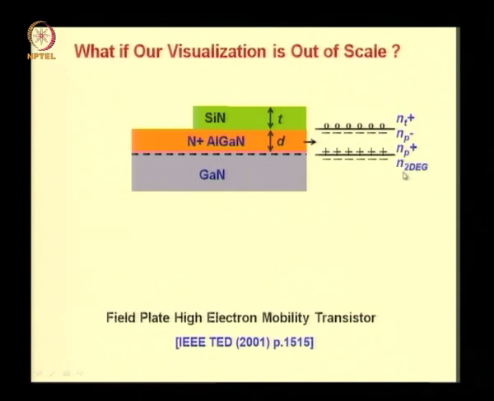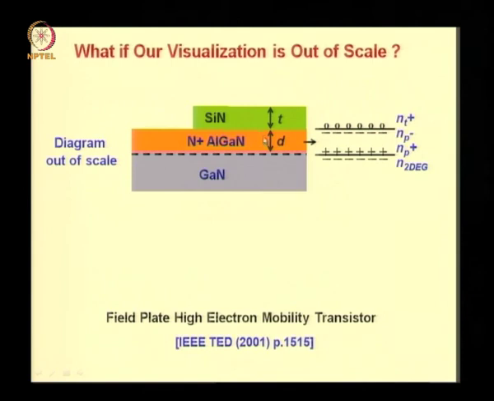The two-dimensional electron gas, or the electron concentration that results in the channel, is the net result of this configuration. Since Np minus is equal to Np plus, clearly the electron concentration here is equal to the concentration of positively charged traps. However, there is a separation between the electron concentration in the channel, or the location of the electrons in the channel, and the location of traps. This is how it appears in the diagram out of scale.